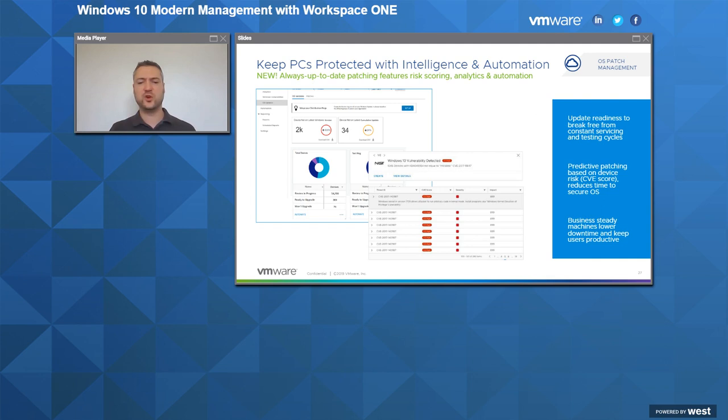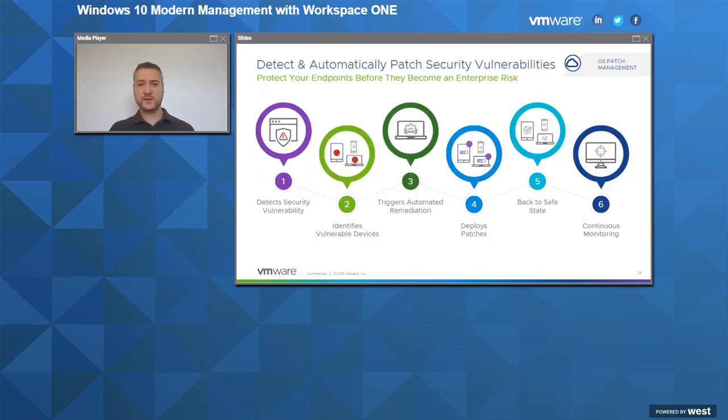And what that means is if you do have a set of Windows 10 laptops that don't come into the organization very often, you can decide when they get updated. And if they're not updated, you can find out through intelligence. Workspace ONE Intelligence will tell you which machines are not updated. It will then automate the deployment of those updates to those machines to make sure they're always compliant. If they're not compliant, then you can prevent those machines from getting access to back-end applications and services.